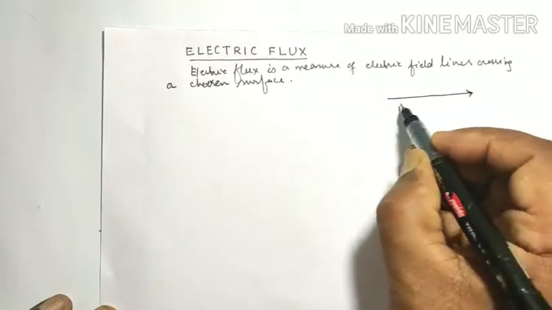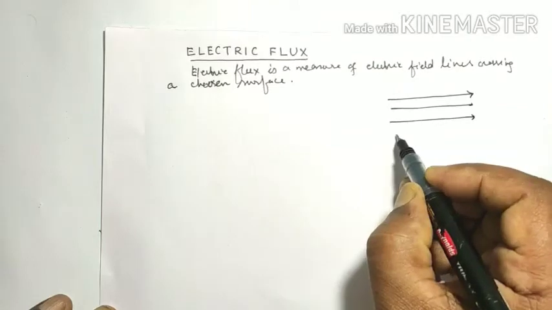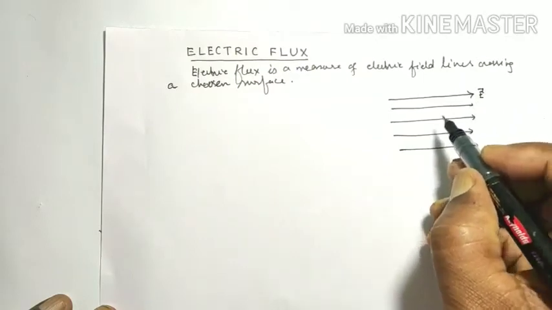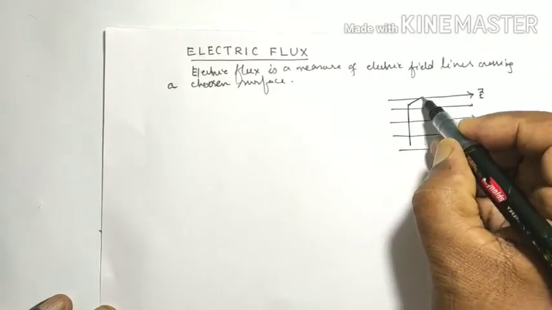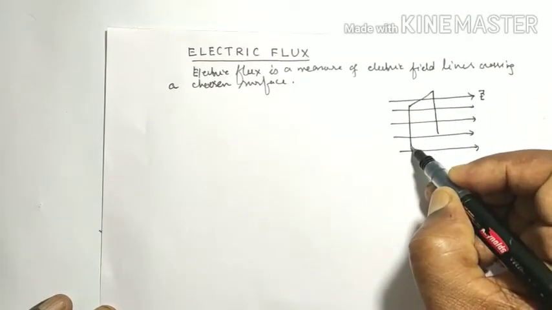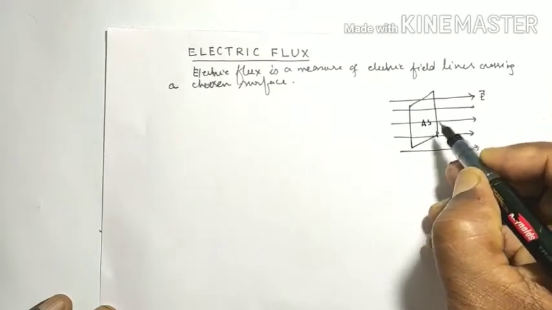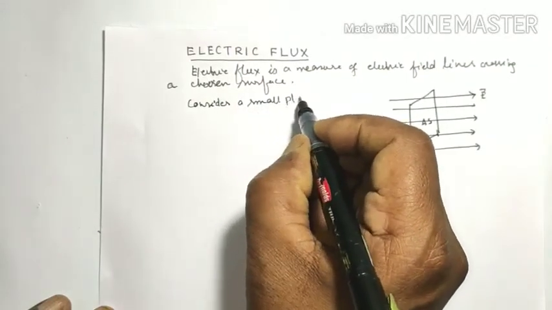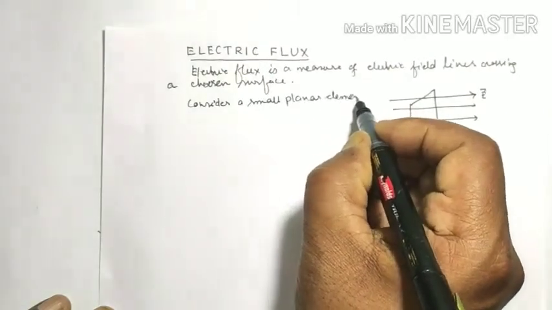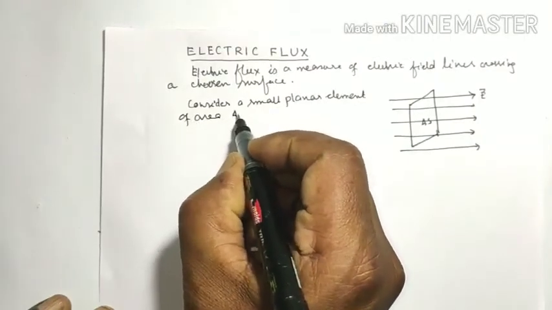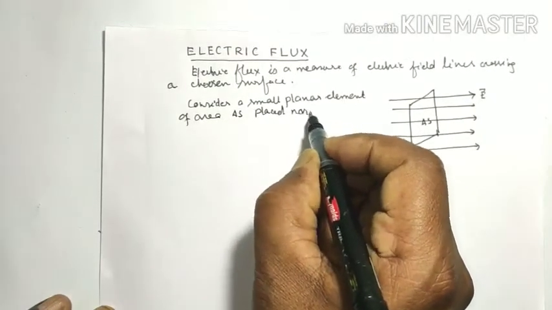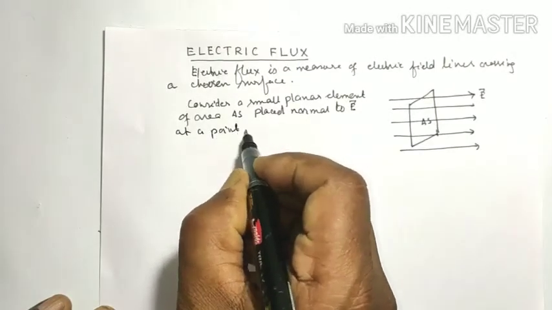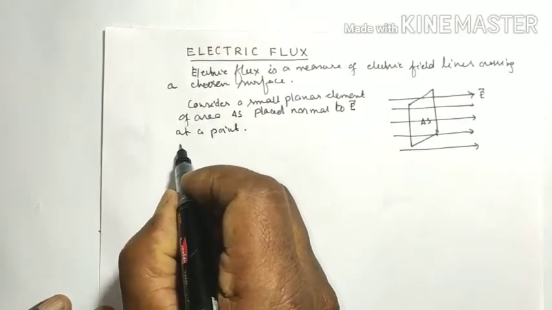Consider a uniform electric field. They are represented by equispaced parallel electric field lines E, and we choose a planar element of area delta S. Consider a small planar element of area delta S placed normal to electric field E vector at a point, and we know that density of field lines,